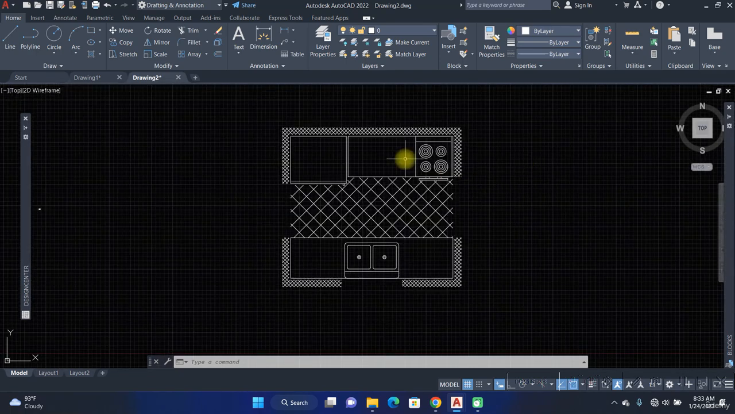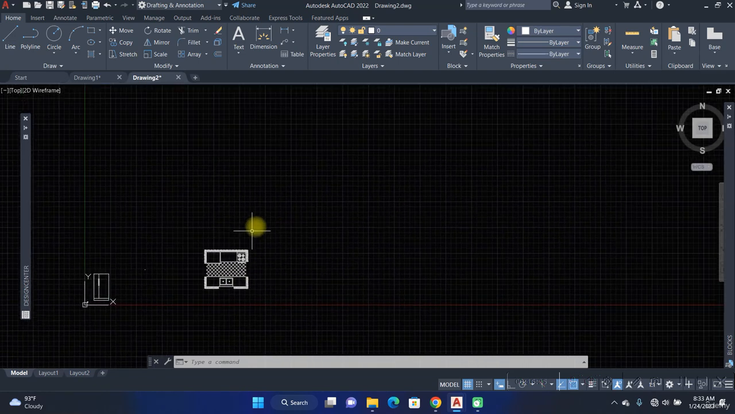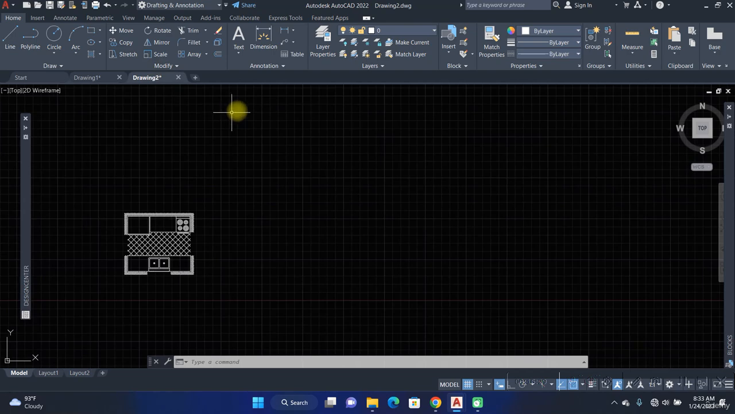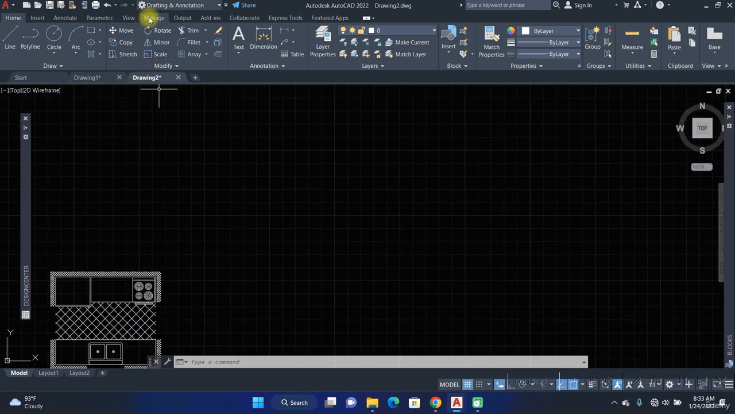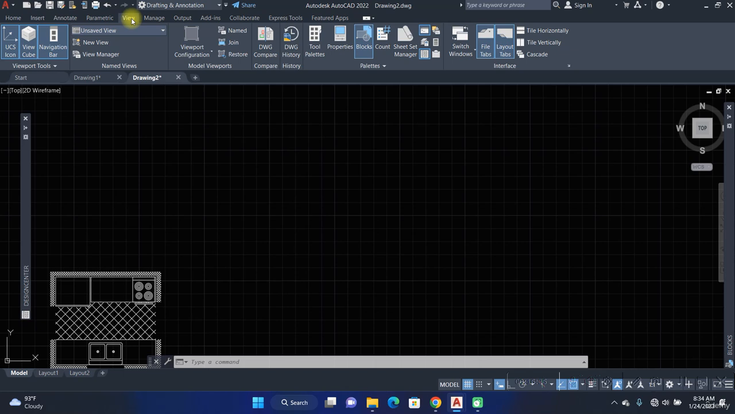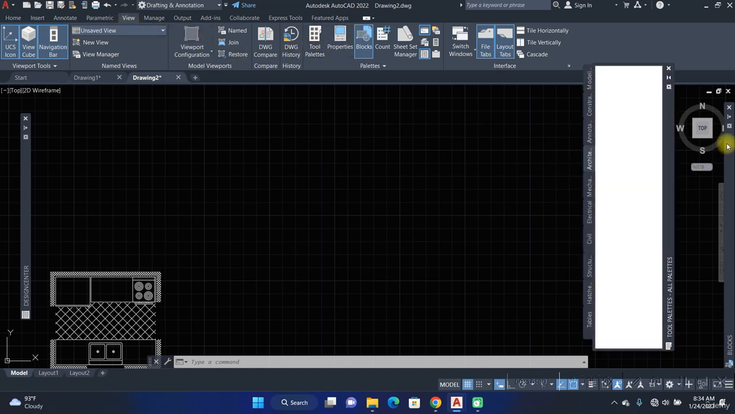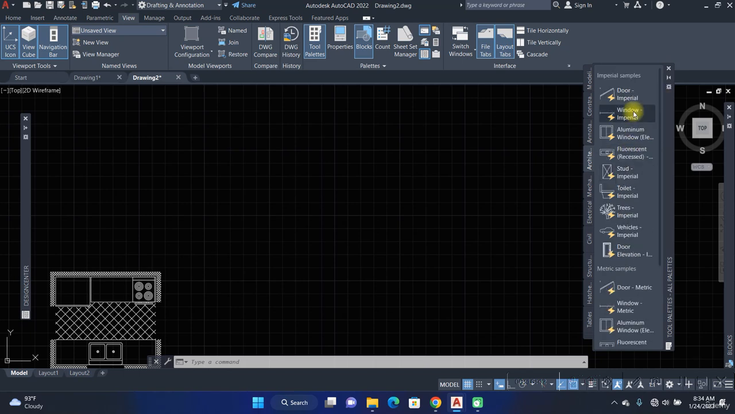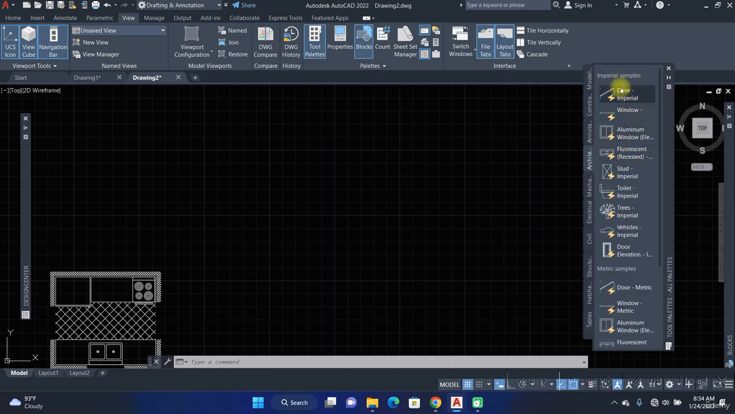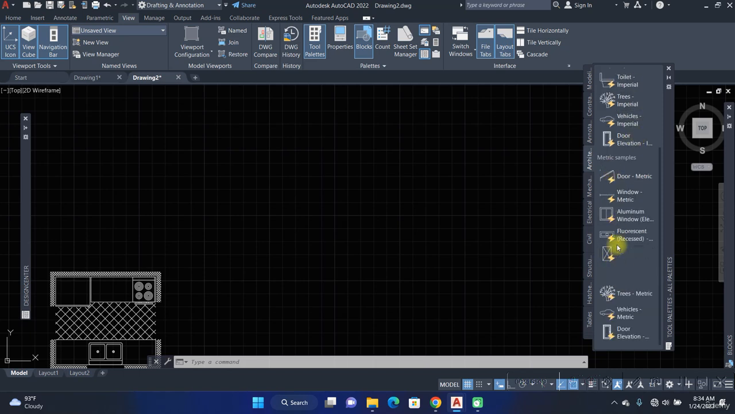Then to view more of my dynamic blocks, I can go to what we call the tool palettes. And tool palettes can be found under the View tab. So if I click on tool palettes, then I have all this. So here we have both imperial and metric. So this is the imperial sample and this lower one is for metric. So if I bring out a door,